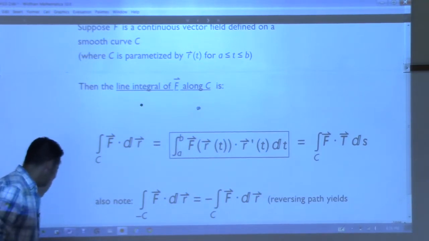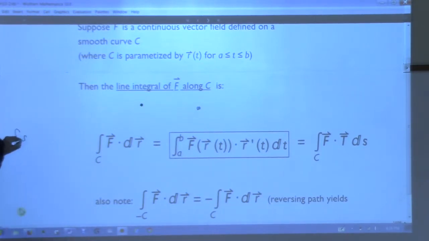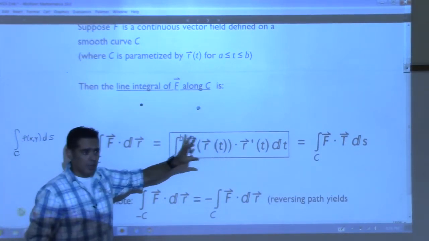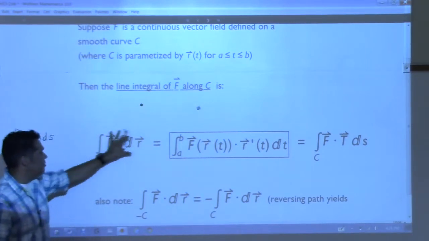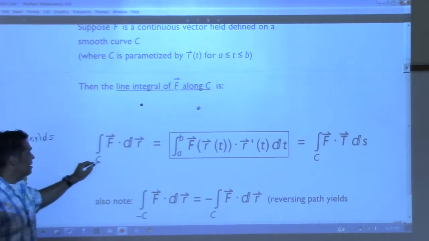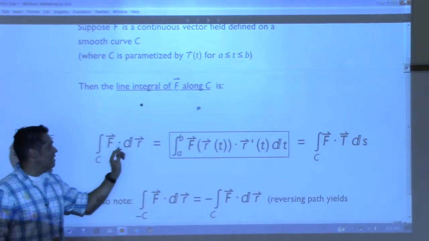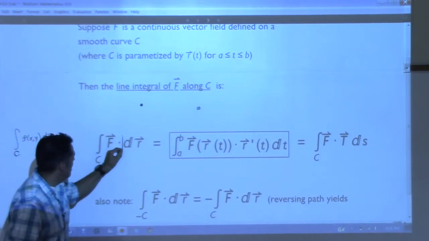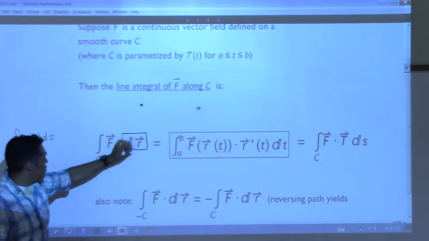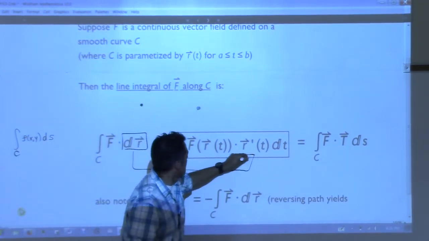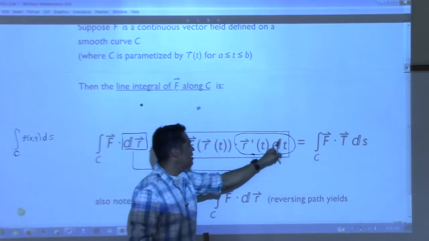Just like when I wrote ds, I said, okay, this is the notation we will use to mean the line integral along C with respect to arc length, right? When we want to talk about the work integral, the integral that gives you work, then this is the notation. It's the line integral along C of the vector field F dot dr. Okay, so this piece right here is just notation for that right there. So instead of writing that, we're calling that